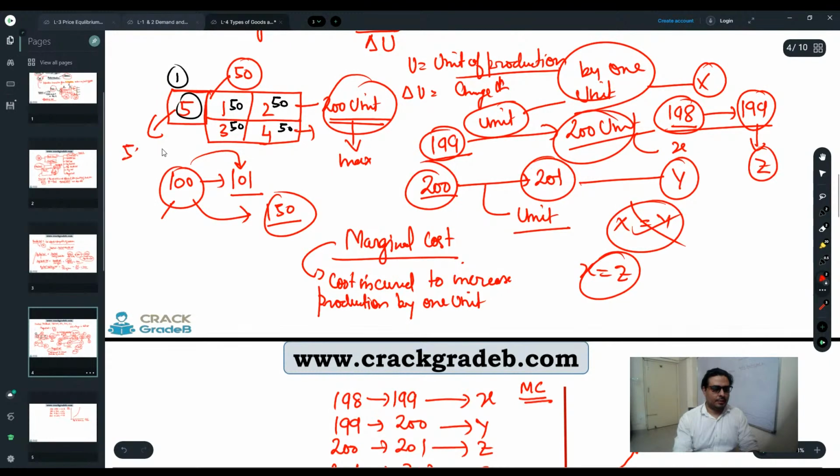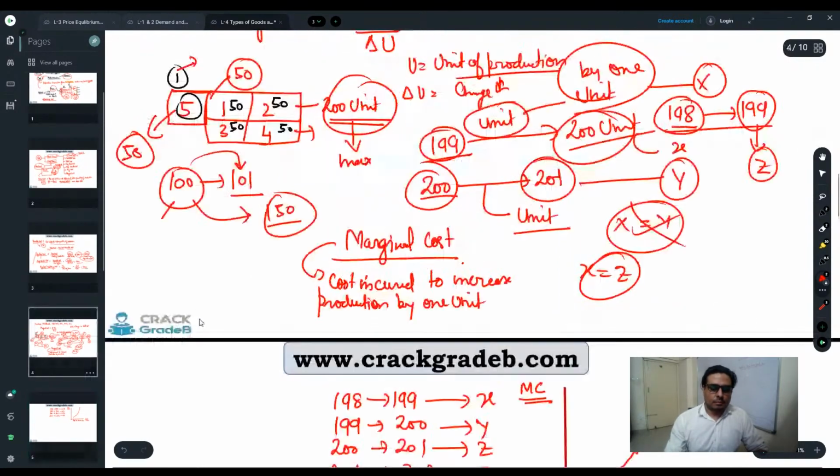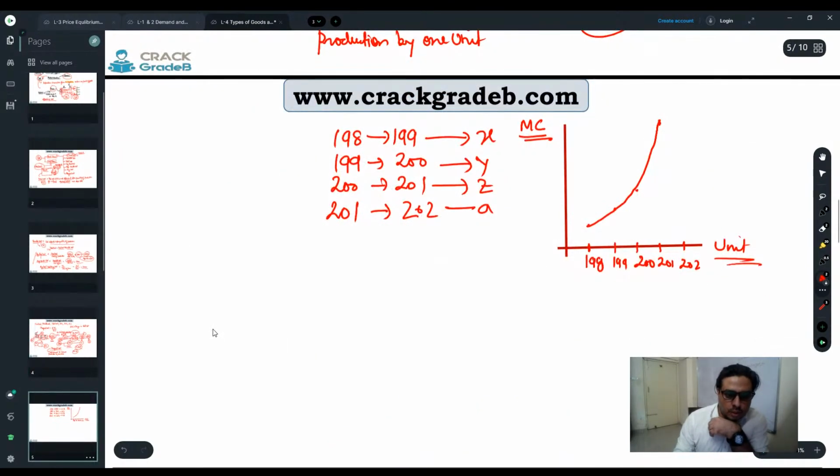Here the capacity is 50, 50, 50, and 50. So you are producing one at 201, you want to go to 202. So there is only a small change. Why? You need only raw material this time. Whereas moving from 200 to 201, you need this huge amount. So again it is going to fall.